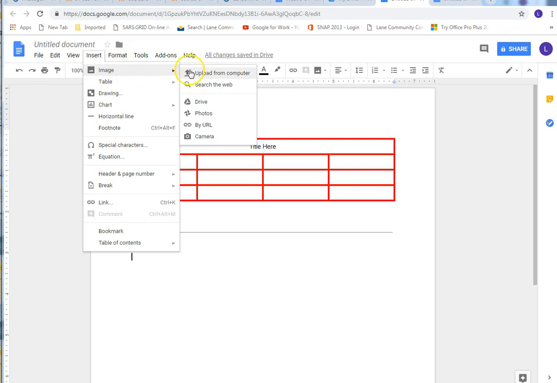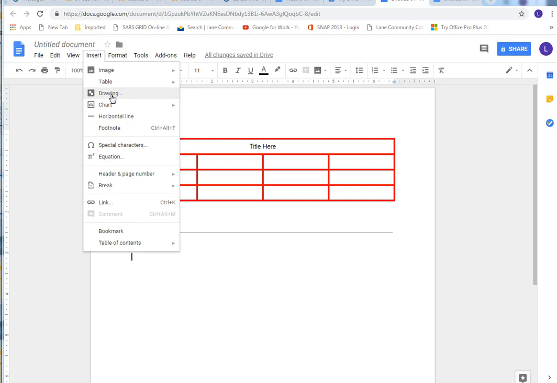But one thing to note, I can also upload things that I have saved in my Drive, also in my Google Photos. I also can, if I'm on a device that has a camera, link it right to my camera and take a picture and have it inserted right away. So those are some interesting things to know. So we're not going to spend time on pictures because you can put pictures in there. But what we are going to spend time on is shapes and text boxes,